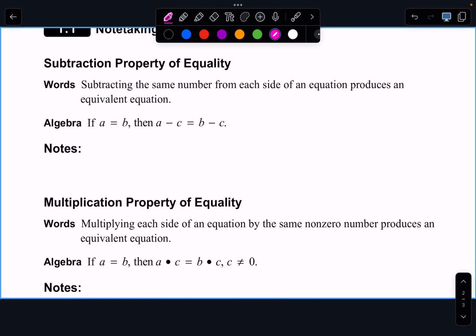Okay, the subtraction property. It is totally legal to say, hey, if we have A equals B, we can subtract the same number from both sides and it's still mathematically equivalent. We've changed the way that it looks, but we are still balanced, right? We have to keep our equation balanced. So, why is this helpful? If we have something like, I don't know, y plus 7 equals 9,